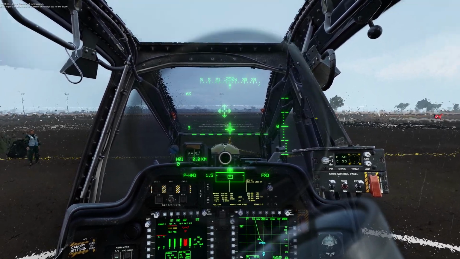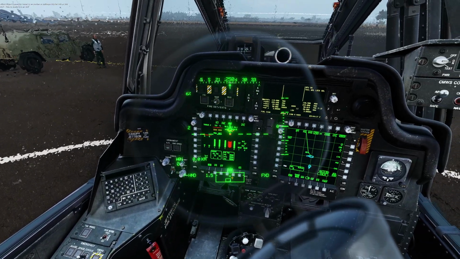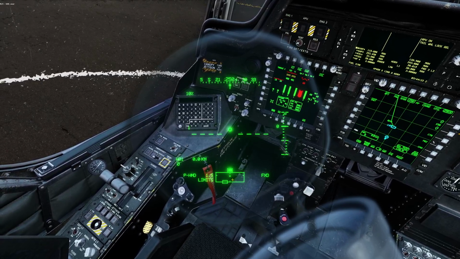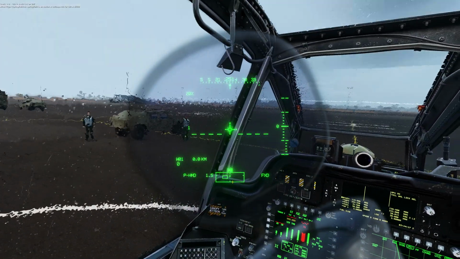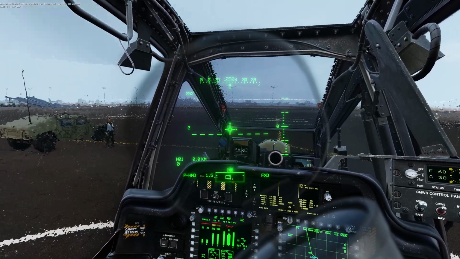Hello everyone and welcome back to the MAD campaign for the Apache in DCS World, and welcome to Mission 6, Helicopter Ship Qualification, which is a very short video mission because not a lot happened. It was quite a long actual mission, mostly because it was about an hour of uninteresting flight over the sea